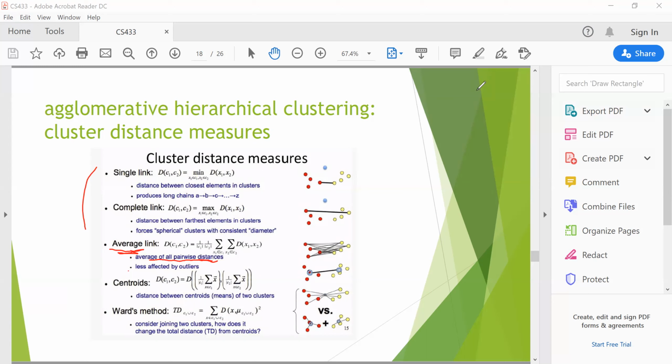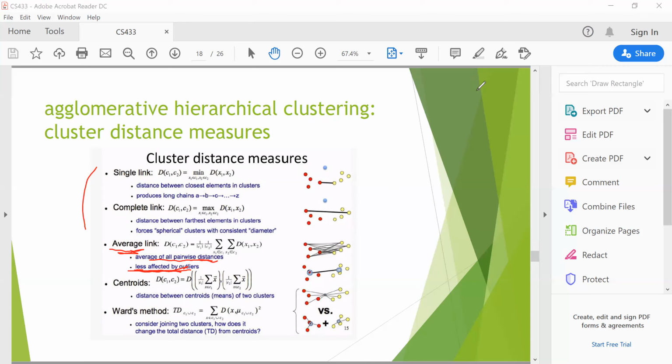Its advantage is that it is less affected by outliers, because in this case we consider all. Among all of them, it will choose the least and then do the merge. And of course, because you consider all within the cluster,